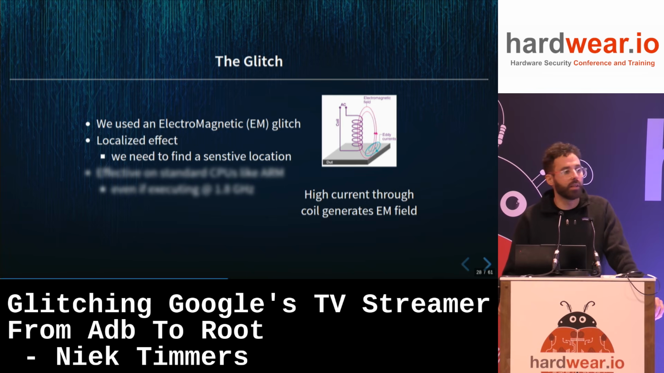One nice thing about this electromagnetic field is that it has a localized aspect to it. So that means we need to place this probe on different locations on the chip surface in order to find sensitive locations where we can inject this glitch in such a way that we can affect the CPU while it is executing instructions without affecting the continuation. We only want to affect one or a few instructions at a very specific moment in time, but after that everything should commence or continue as intended, because then we can, for example, bypass a check or change a configuration